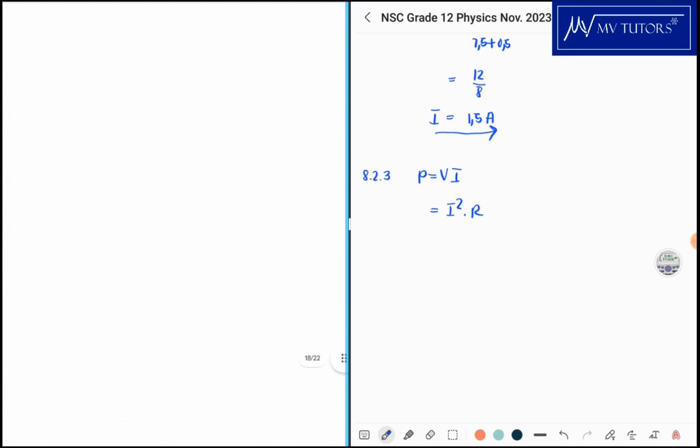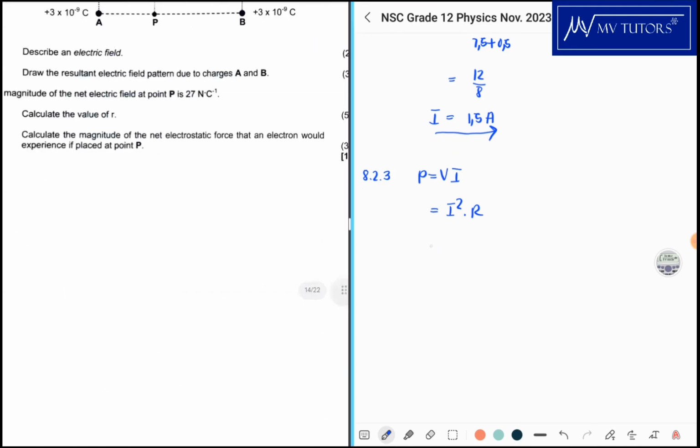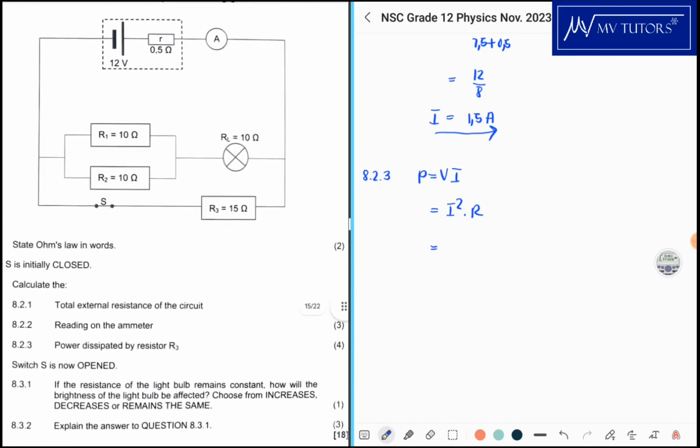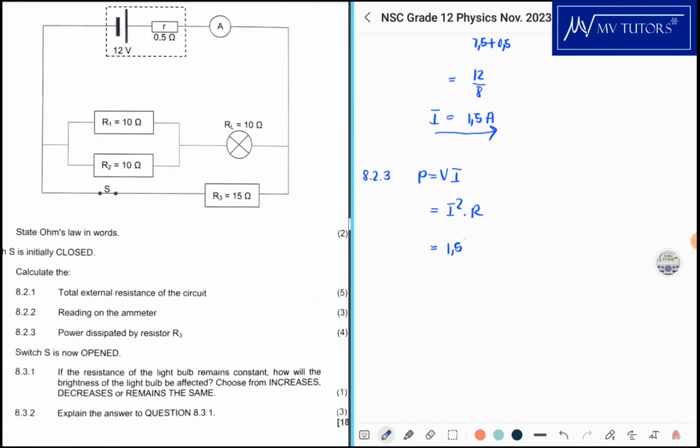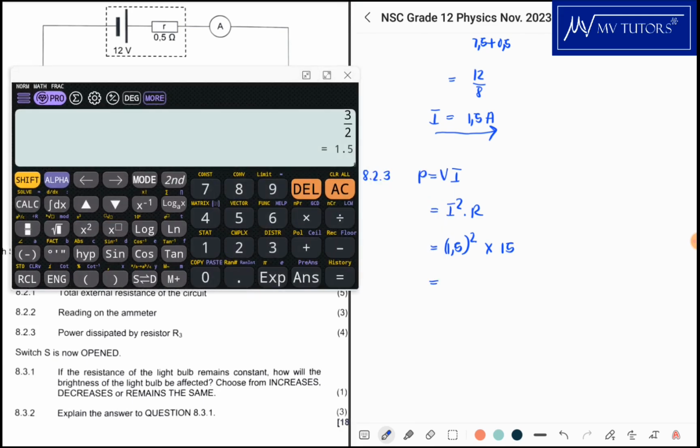Okay, so now getting back to our question 8. What is the current that we calculated? Well, we calculated 1.5, and that will be squared. And what's the resistance there? R3, that's actually 15. So 1.5 squared times 15 gives us 33, yes, what did I say? Yeah, 1.5 squared times 15. Oh,